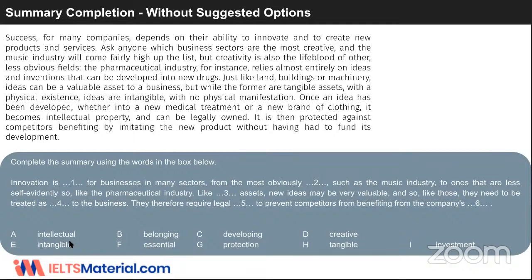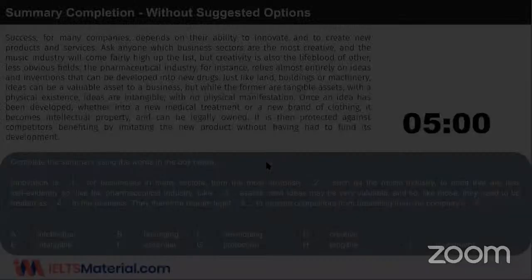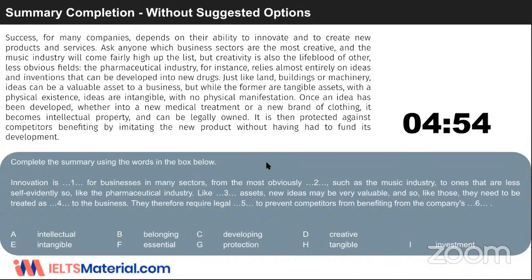Okay. Again, your time will start. I'm not going to explain first. I'll do the explanation later on. So let's do the task. You have 6 options and I'm going to give you 5 minutes to complete this. So your time starts now. Already the timer has started. You have 5 minutes to complete the task. So quickly you can do.